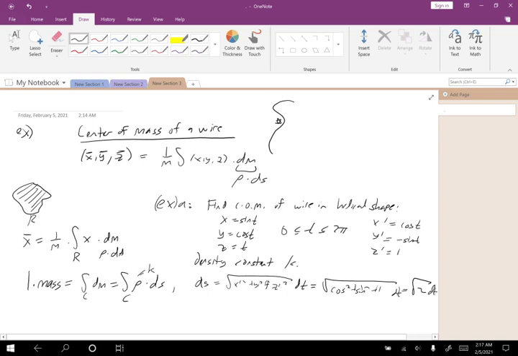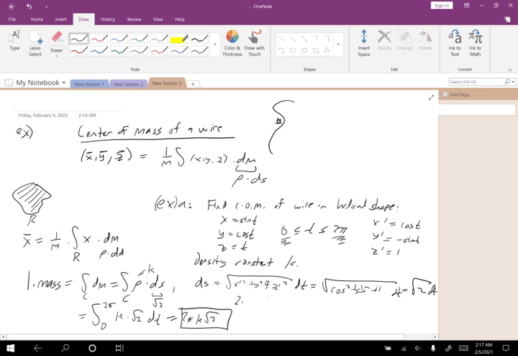Okay, so this is the square root of 2. So our integral now goes from 0 to 2 pi of k times the square root of 2 dt. So we should just get 2 pi k square root of 2 for our mass. Okay? Now,